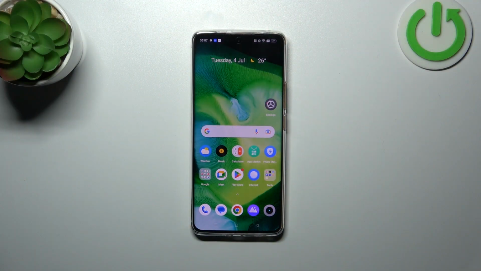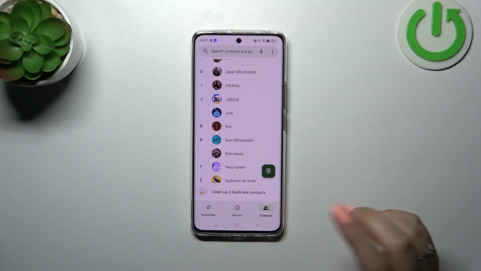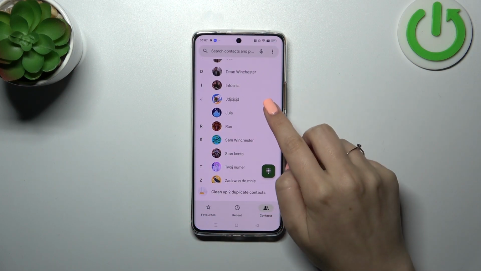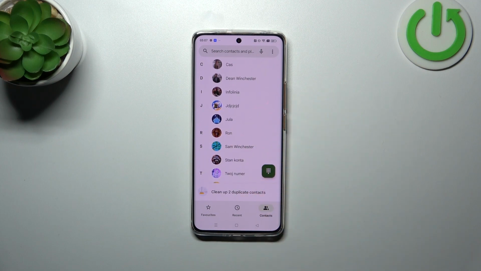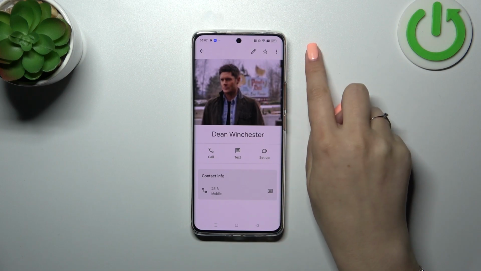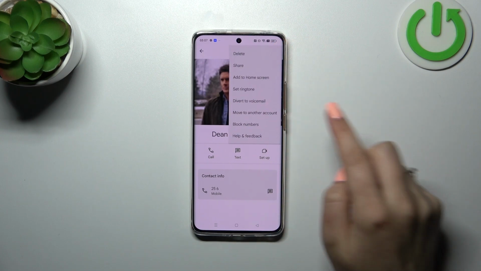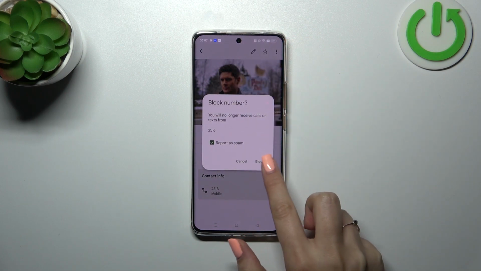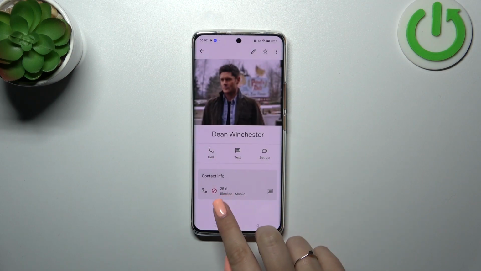So I'd like to show you two different ways. Let's start with the contact list, so we can block the number which you've got currently saved on your contacts. So let's find the contact and tap on it, and then pick the three dots icon in the right upper corner. Now tap on block numbers and confirm it with tapping on block,